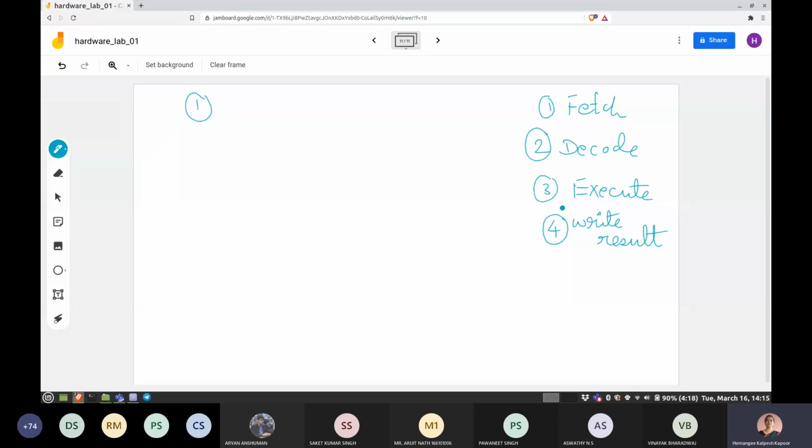You had the controller which reads the SRAM and loads the value into a register file. The decode aspect we haven't seen. Execute you saw last time: take any 2 registers, do the addition, and send the output. That was the execution which involves the ALU. And writing the result means the ALU output should be sent either to the register file or to the RAM.